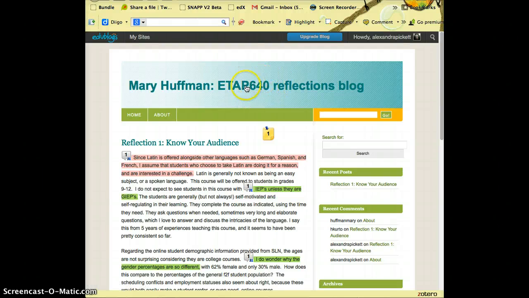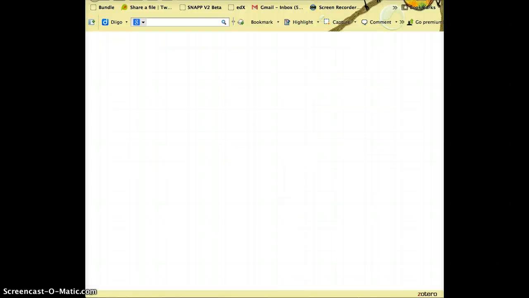I usually am not keen about having ETAP 640 in the title, so you have the ability to have a subtitle also. Just keep in mind, because honestly my hope is that you will continue to blog beyond the end of the term, that you can always change the title of your blog. It's not static. The URL you can't change, but the title of the blog and the subtitle you can always change. Okay, let's move on to